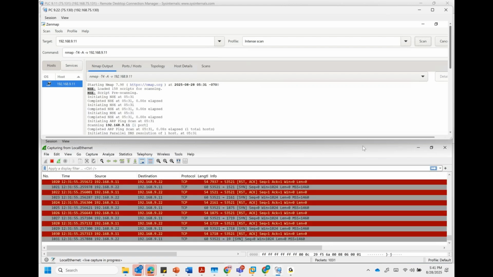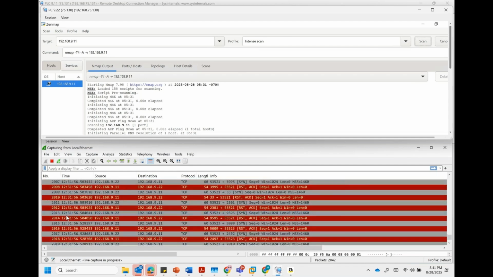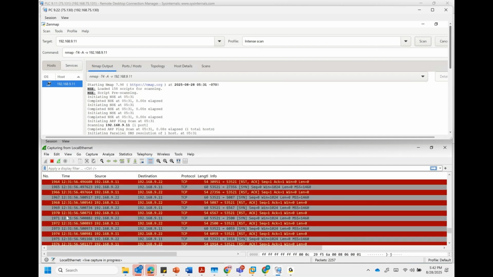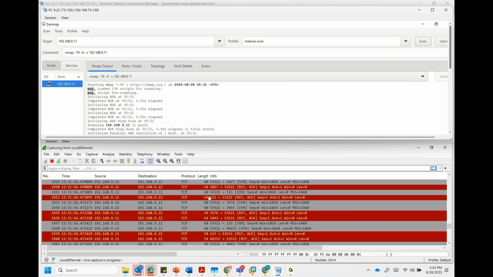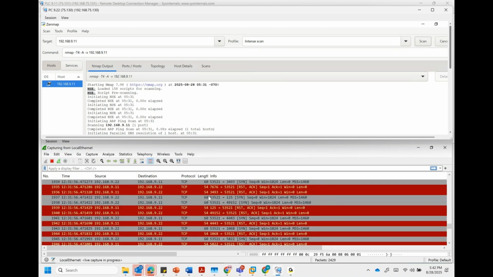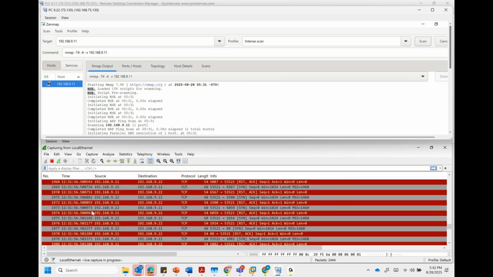Within a second, and I'll scroll up, the PLC received hundreds of packets, hundreds of requests. The intense scan of Nmap asks for different TCP ports and different protocols. Within 1 second, you can see the time is 12:31:56.471. Within a second, it received hundreds of packets.